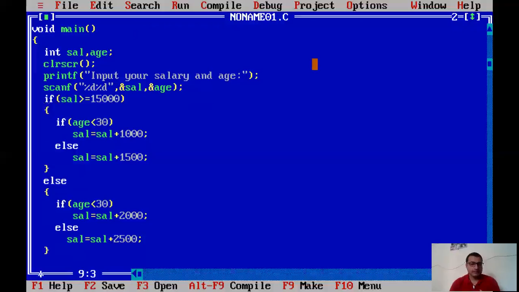Because I need to put this condition with logical and twice, first with this condition and then with the else part, so I have to write this condition twice.